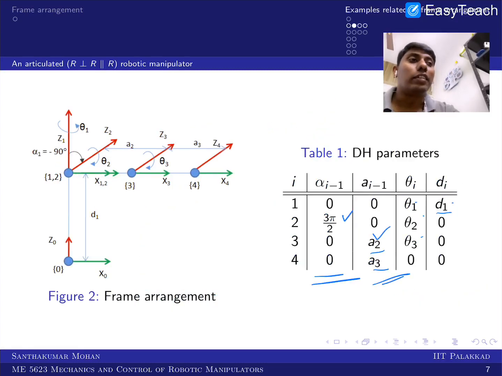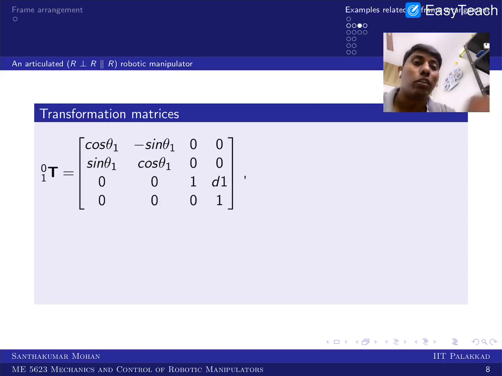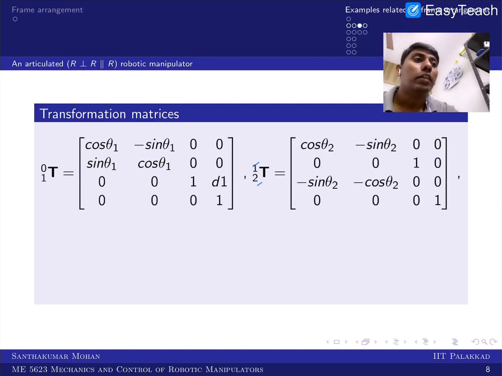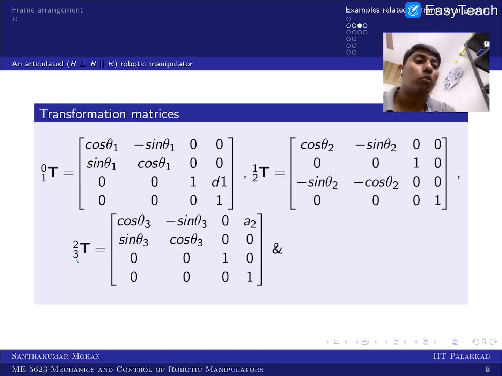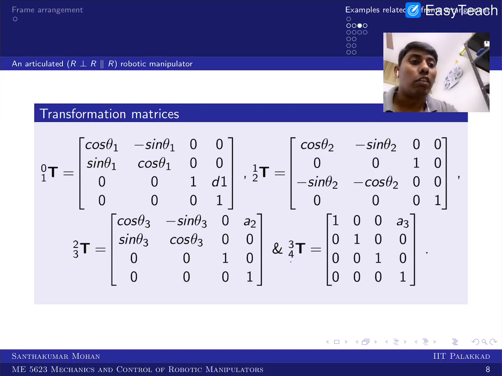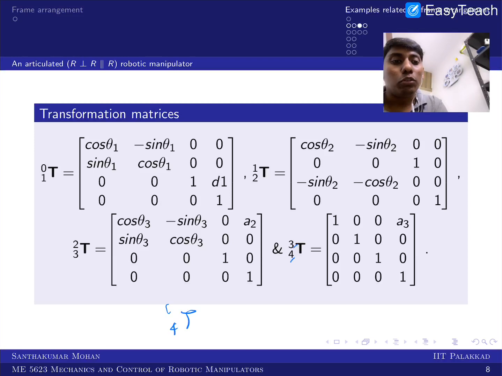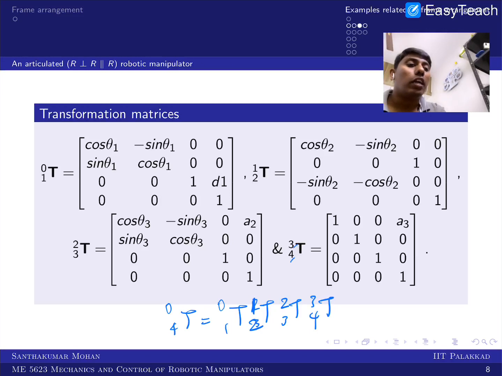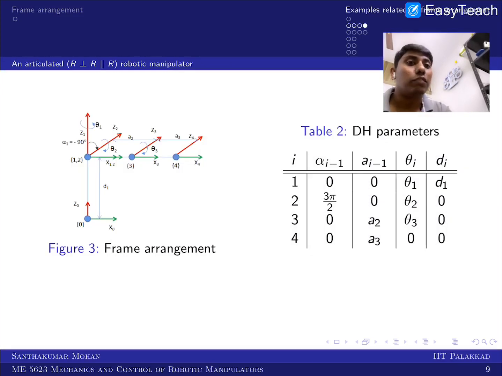Now we can see what the transformation matrix would be based on the arm matrix. You substitute, and this is the first transformation matrix: the first frame with respect to 0, then the second frame with respect to 1, the third frame with respect to second, and finally the tool, which is 4 with respect to 3. Now if you want the fourth frame with respect to 0, it is simply the multiplication of all these transformation matrices, 0 to 1, 1 to 2, 2 to 3 and 3 to 4, right? That is what we can do in the next stage; we are skipping it for now.